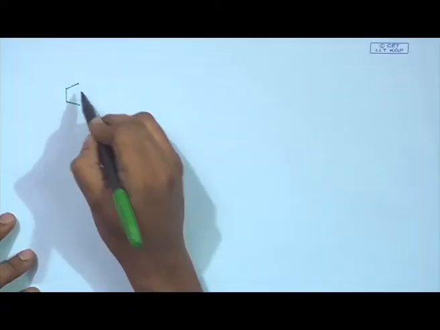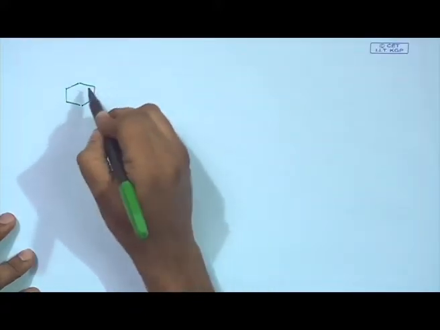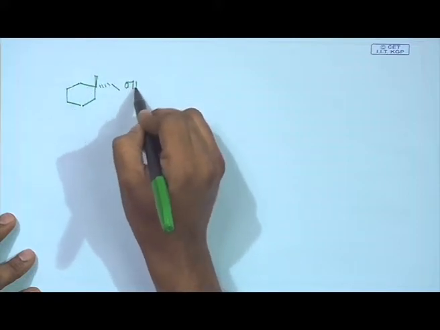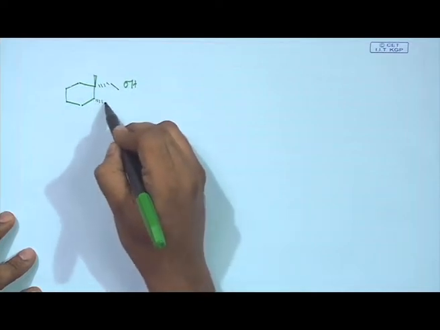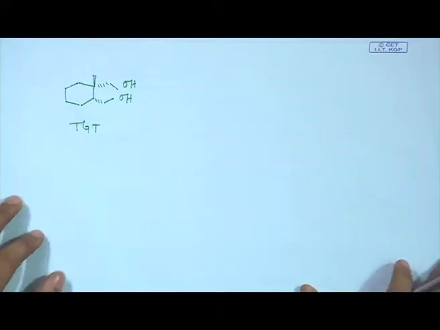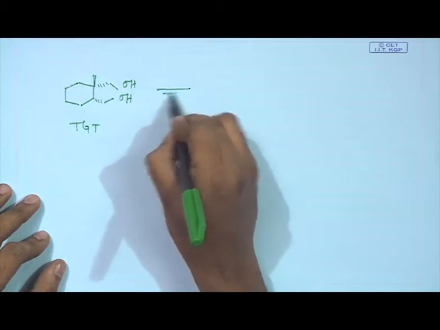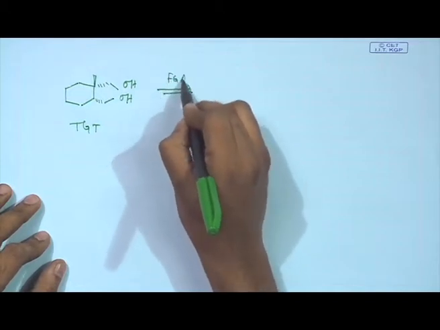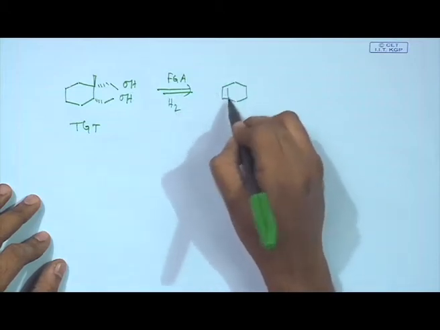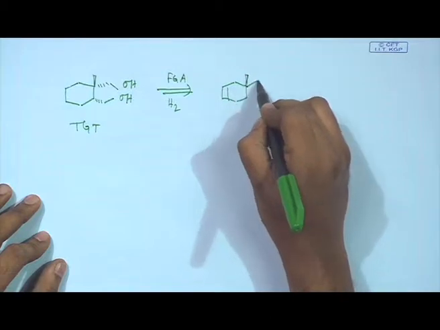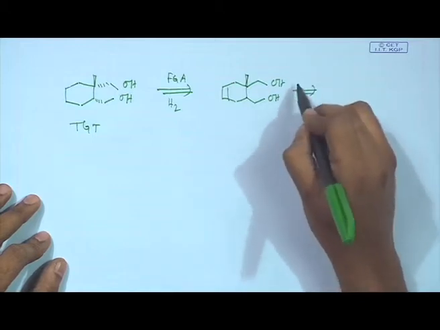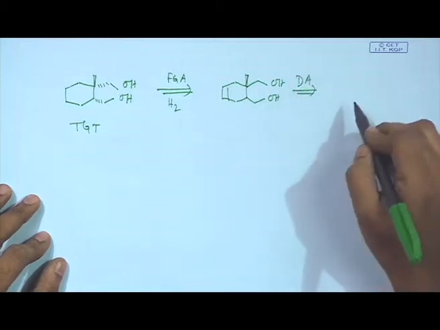Next, we will try to give you a little bit more example, and let us see how you can do it. I have given you a target whose structure is this. I will just go straightforwardly. We do a FGA by hydrogenation, then basically you will be having this compound. And then eventually you can cut this molecule through a Diels-Alder way.